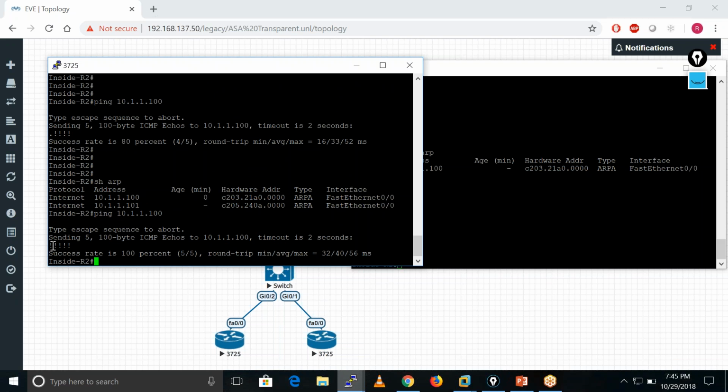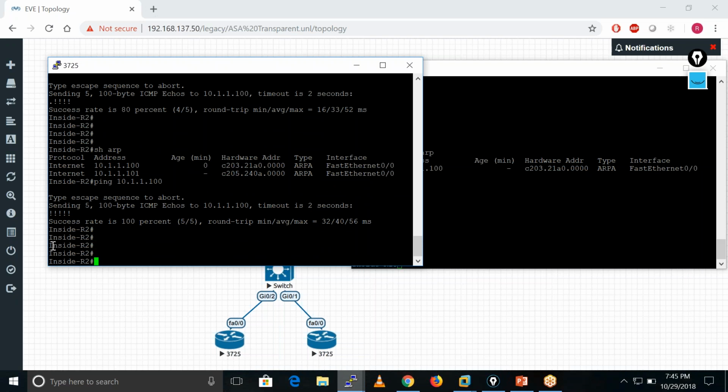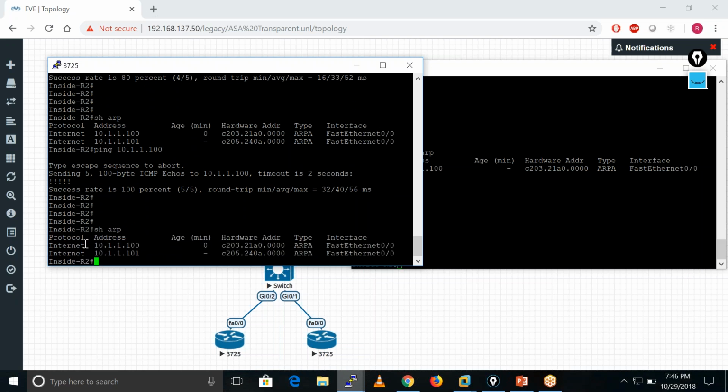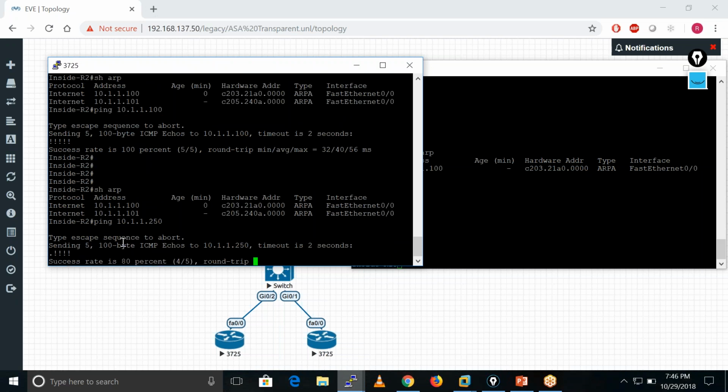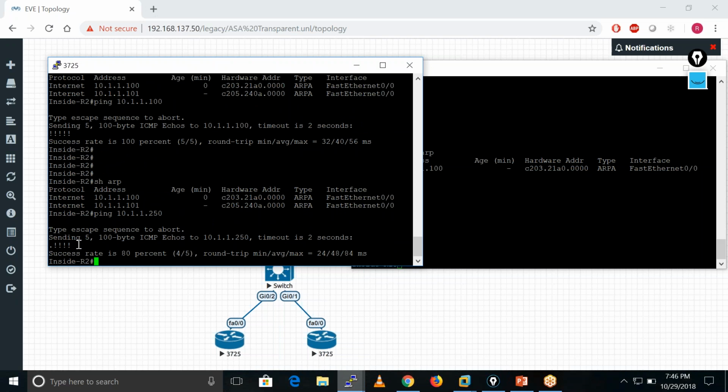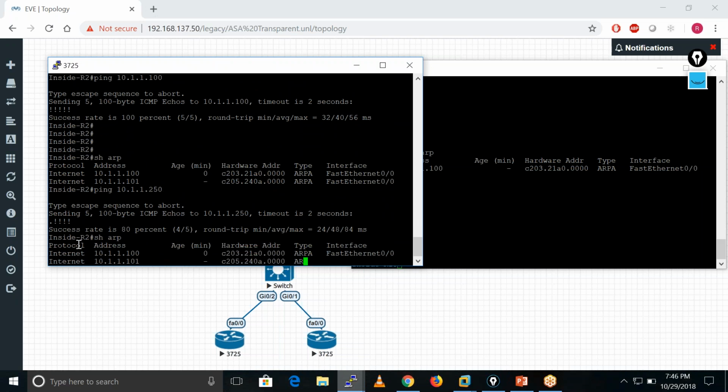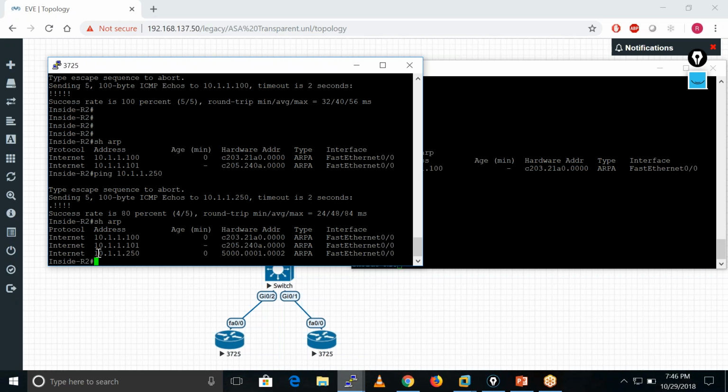If we are going to communicate over L2, definitely there is an ARP resolution that happens. Okay, remember, if you check here, you are not having any ARP entry for the firewall IP, right? If I initiate a ping towards my firewall 250, one drop is here, right? If you check the ARP table now, I am having one IP address on ARP, one MAC address on ARP.